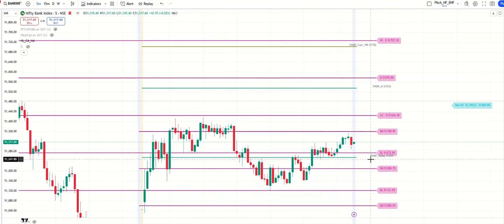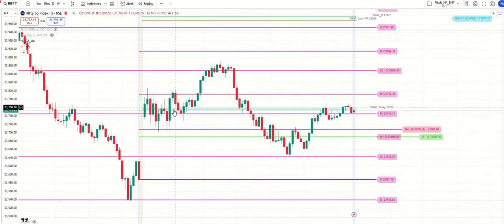But when we see this VWAP of the day is actually crossing here, so there is an upside possibility, but the opportunity is very limited because the window is 51272 to 51359, which is only 60-70 points. So probably I would not have recommended this one, and the Bank Nifty is actually on monthly expiry, right? So that's okay.